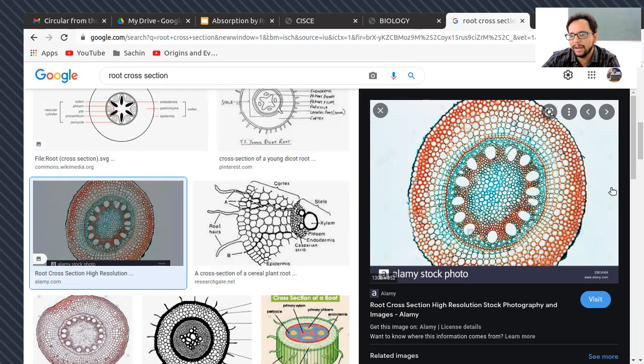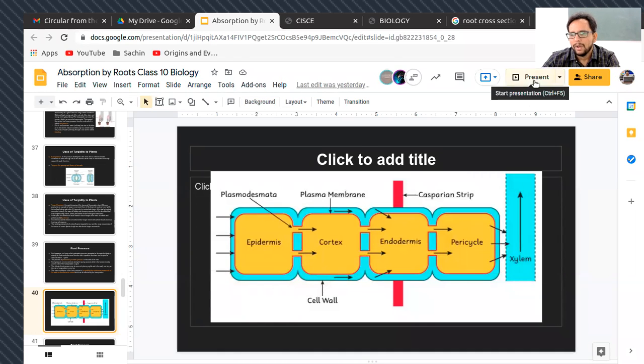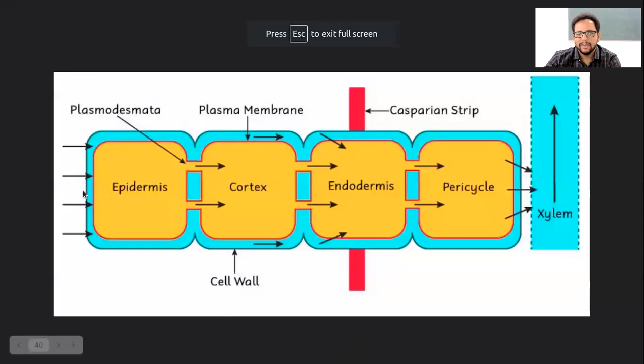So what you are looking at is the water absorption from the epidermis towards the center, that is through the xylem, which will be conducted upward in the plant. Now in this case, you can already see the arrows, they are also shown. So the water will get absorbed by the outermost layer of the root, that is the epidermis. Then water will transfer through the cortex layers, which is a different layer of cells altogether.